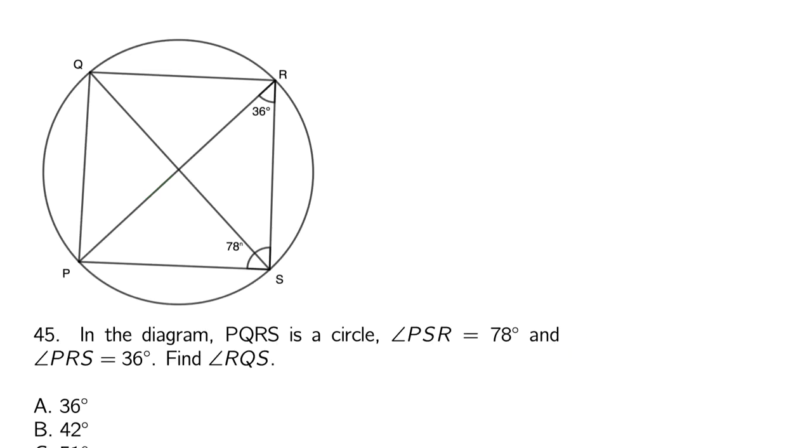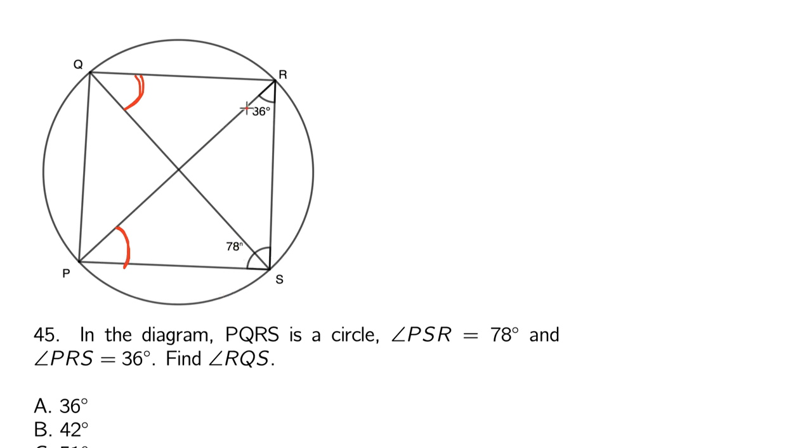The next problem is question 45, which says in the diagram PQRS is a circle, PSR is 78 as indicated, and PRS is 36 degrees as indicated, and we are supposed to find RQS. RQS is this angle. Now, how can we find RQS? One thing we can do is, if we notice that this angle RQS is the same as this angle RPS, then also notice that